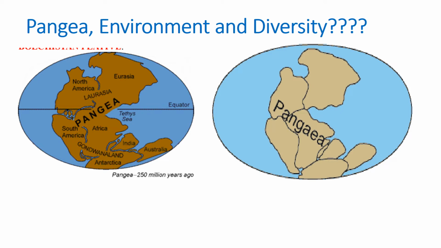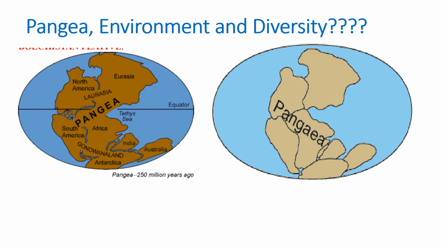Therefore there were almost two types of environment. One was the harsh and very hot environment, and the second environment, which was present on the edges, was a little bit moderate. Therefore the species of the edges were different as compared to the central part of the Pangaean region. Two types of environment were created in the Pangaean time, and the whole continent was surrounded by only one ocean or sea, that was Tethys.